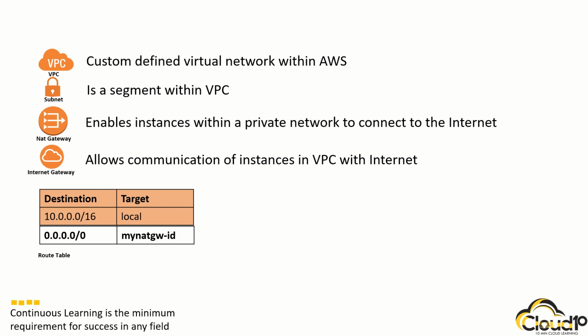So a subnet that is associated with a public route table is called a public subnet, and a subnet associated with a private route table is called a private subnet, right? So now let's understand the demo, or the lab that we are planning to do, and what is the architecture that we are going to follow in the next slide.